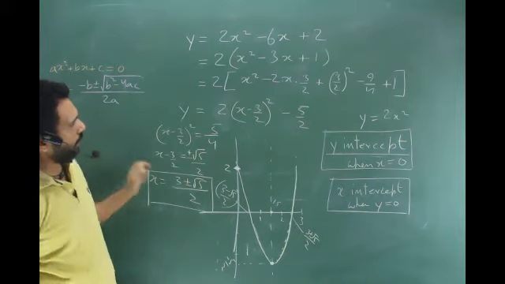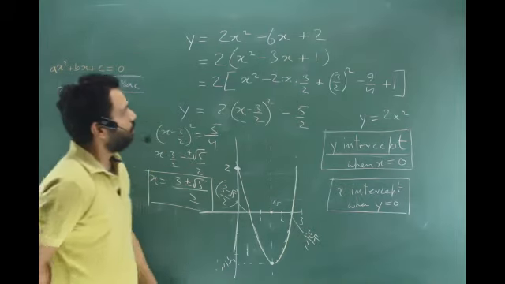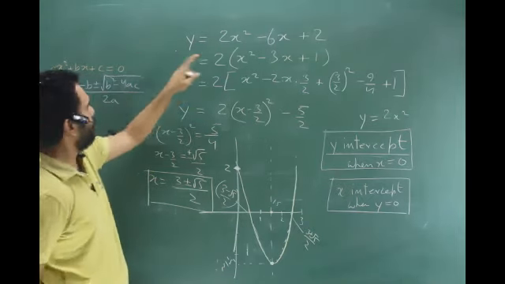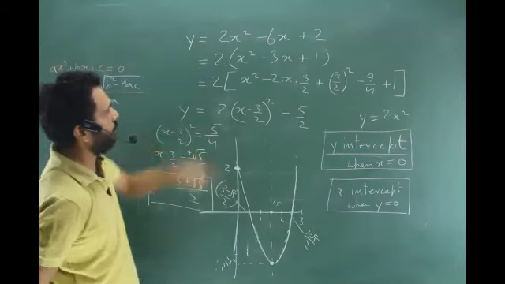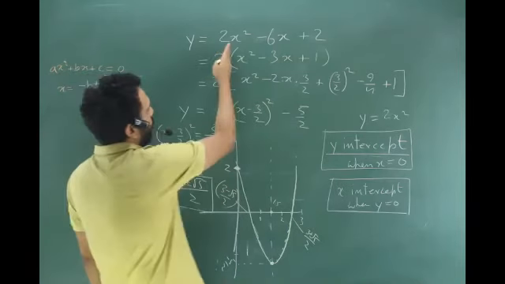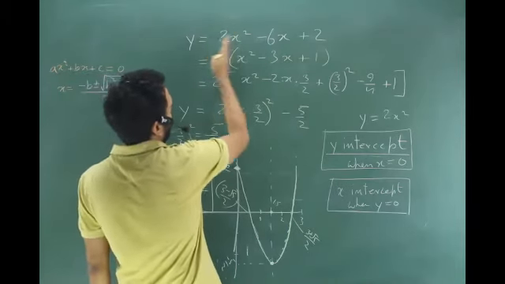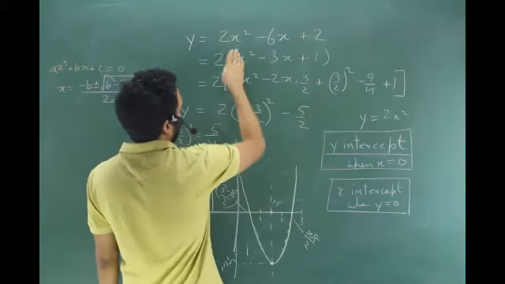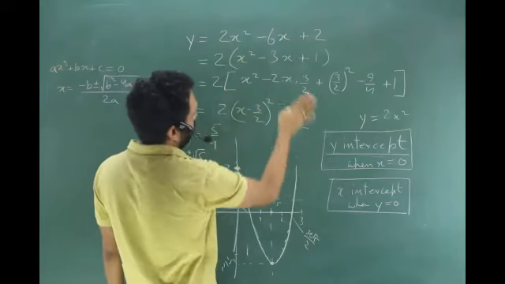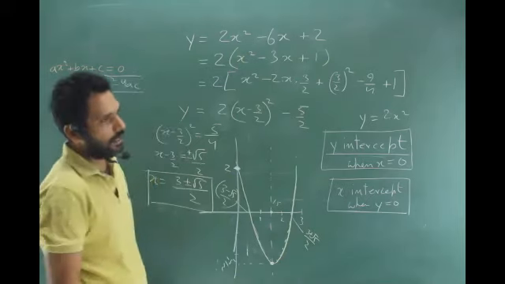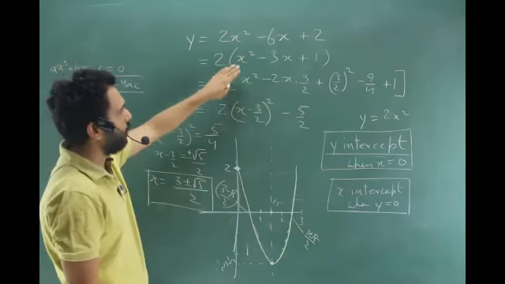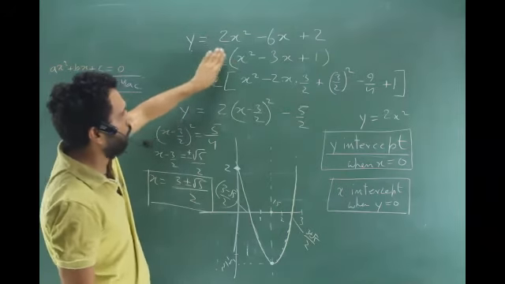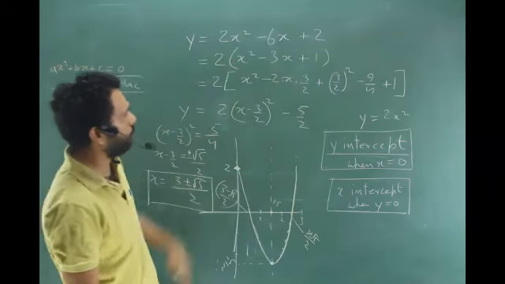Now, I did this because I wanted you to do this. Is that clear? So I'll show you the steps again. What was the step? First, I stripped away the 2 from the x square. I made it an x square only so that my a square b square formula works. The a plus b whole square formula works very easily with this. So I removed the 2. I took 2 common, and what is inside I worked on that.